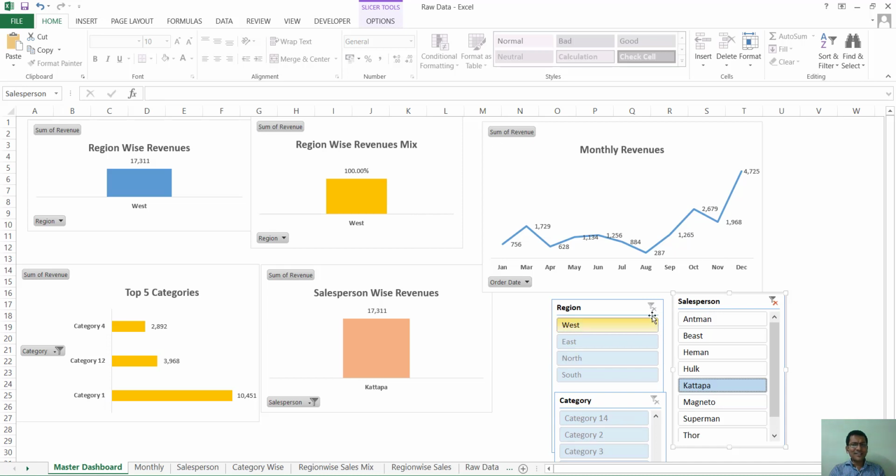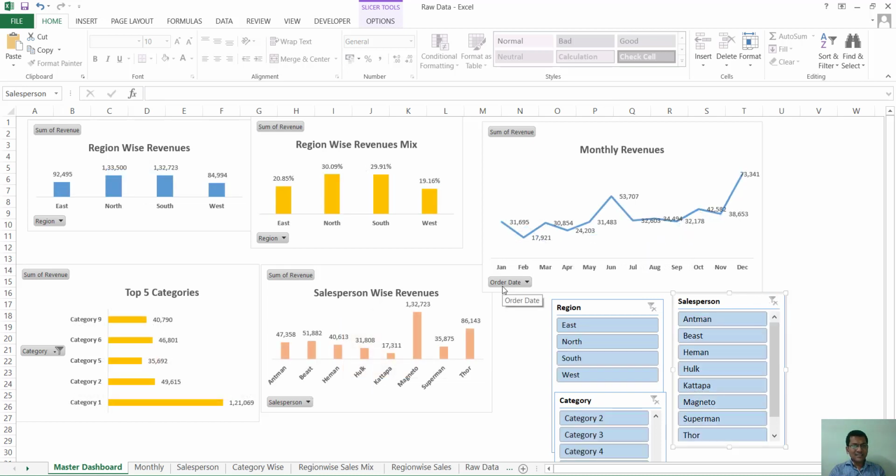Isn't this amazing? I hope you have had a great learning out of this. I'm going to leave the raw data as well here so that you can practice and understand whether you are good enough with the skill sets to create this kind of a powerful dashboard for your top management. So I hope you had a great learning here. Thank you so much. I am eagerly waiting for your feedback on this.